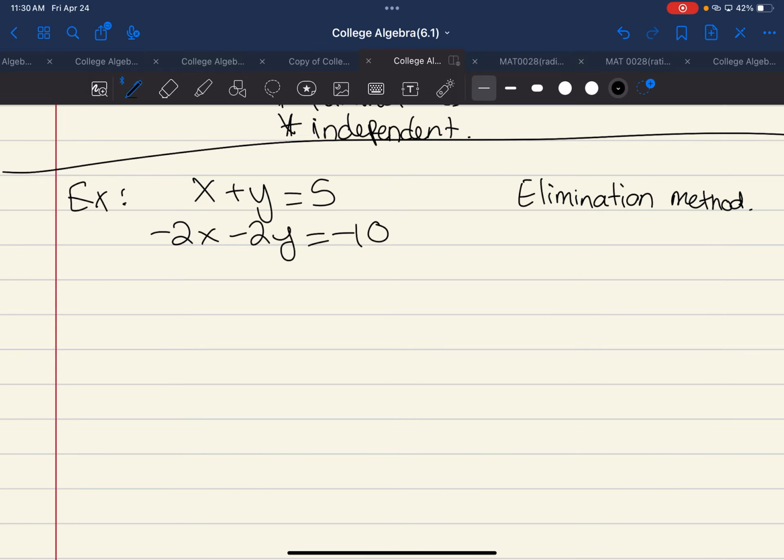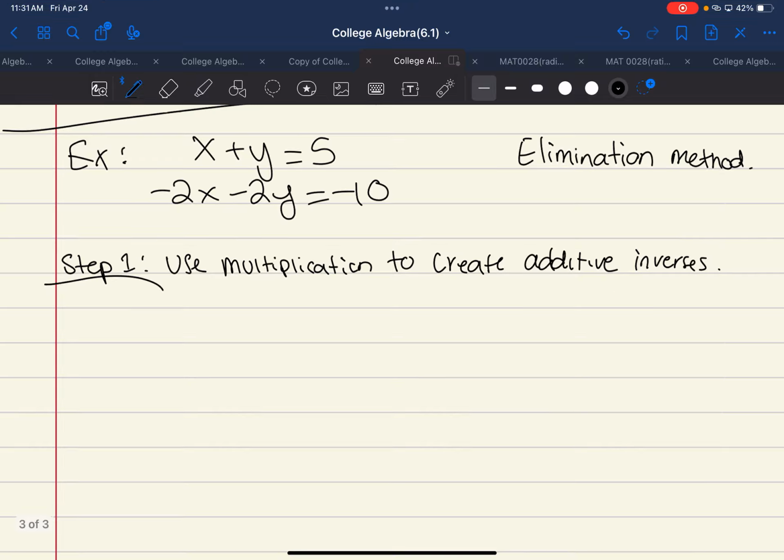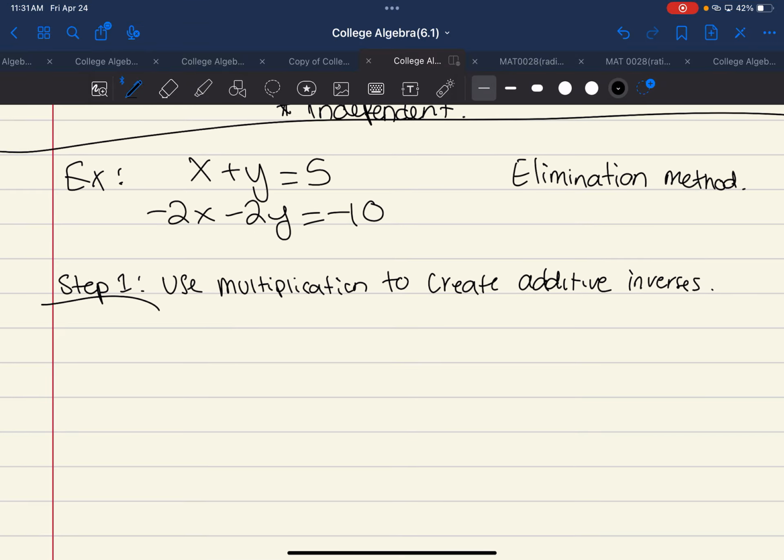In this case, I don't have any additive inverses right off the bat. If I added x and 2x, that doesn't cancel. Y and negative 2y, that doesn't cancel. So I need to use multiplication in step 1 to create additive inverses, or opposite coefficients. So I could multiply equation 1